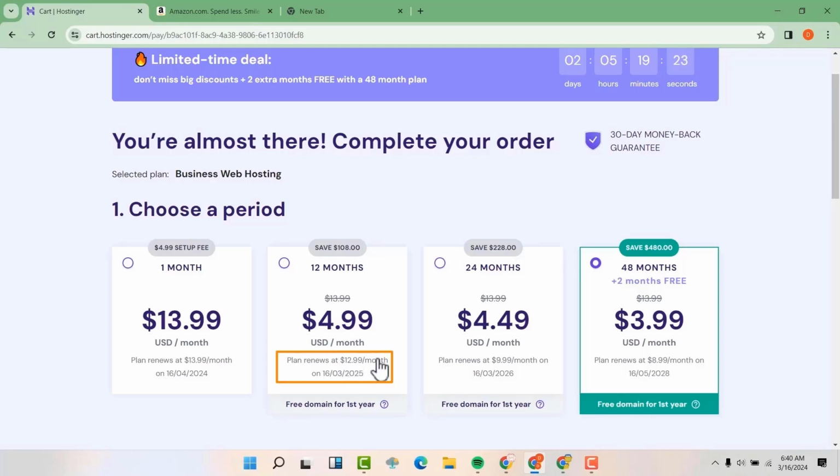You can see here. So if you go for a plan for 2 years, you're going to get it at the same $5, but you're going to renew it at $10. So if you go for this plan, which is selected by default, you're going to get the 2 months free. Then you're going to get it for 4 years, and you're going to get it at the least amount, which is $4. And you're also going to renew your plan at a very affordable rate, which is $8.99, which is around $9. So now, based also on your budget, you can select any of the plans. I will select this one.